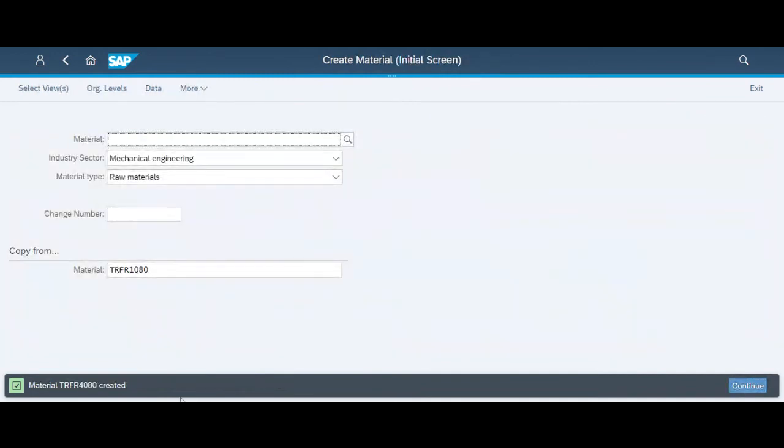So material TRFR 4080 has been created. So one of the raw materials which we will use is created. Now next, we will create a bill of material in the next step. So I'll go to